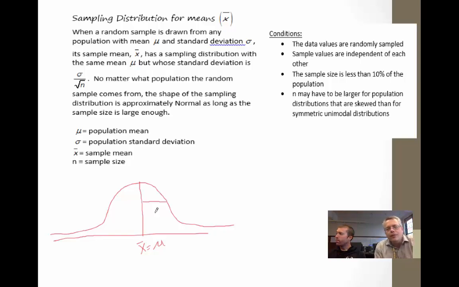Now, there's a formula for the standard deviation. The standard deviation of x bar is sigma, the standard deviation of the population, divided by square root of n. And on a previous quiz,